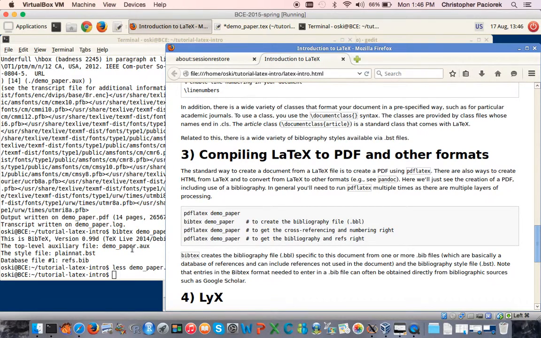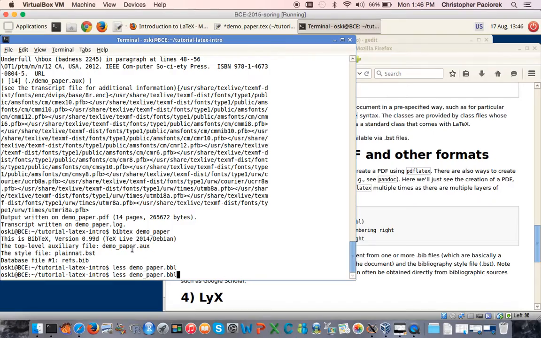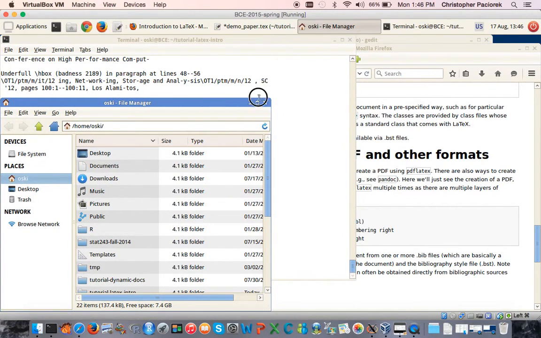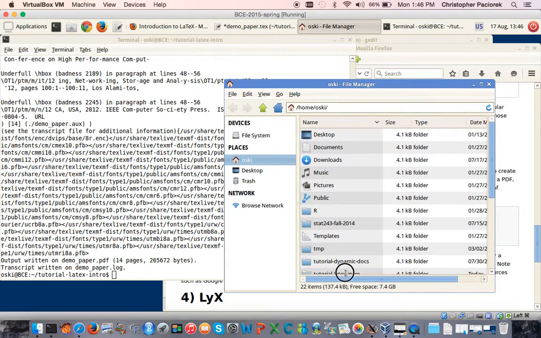Okay, so we've now run pdflatex once and we've run bibtex, and then the next step to make sure all the numbering and cross-referencing gets done is to actually run pdflatex twice in a row. And so once you run it twice in a row, you should then have a document that has all the numbering and the bibliography all set up correctly. So we could actually go in and take a look at that document.